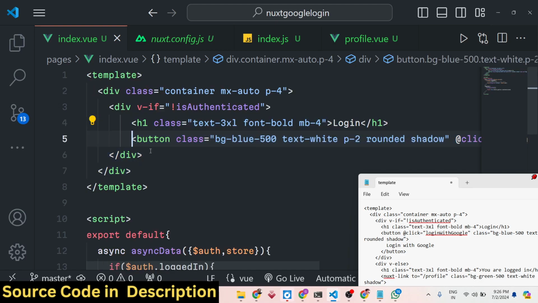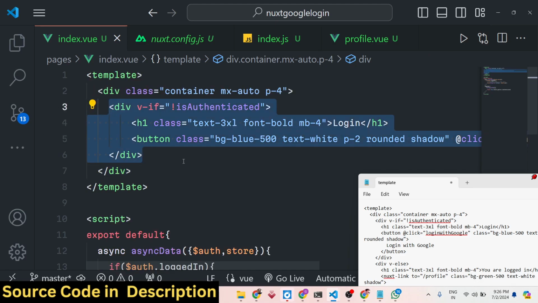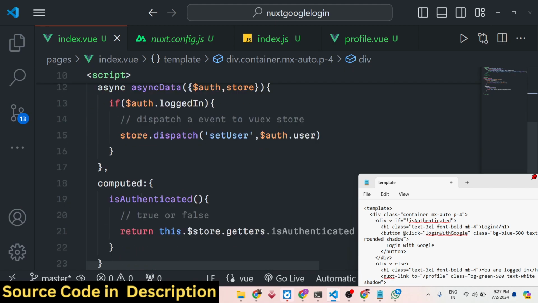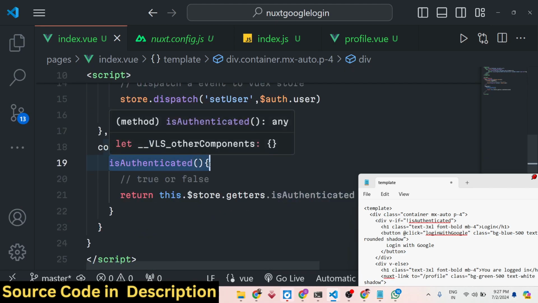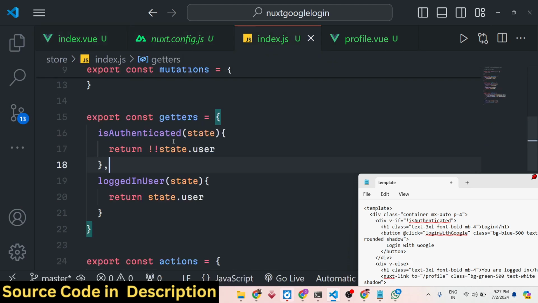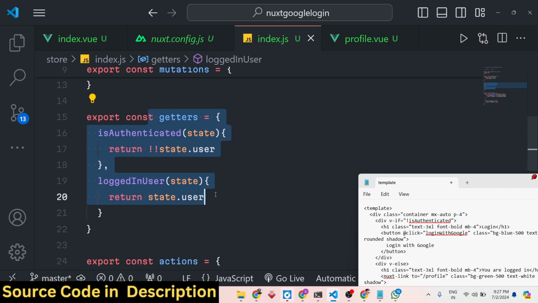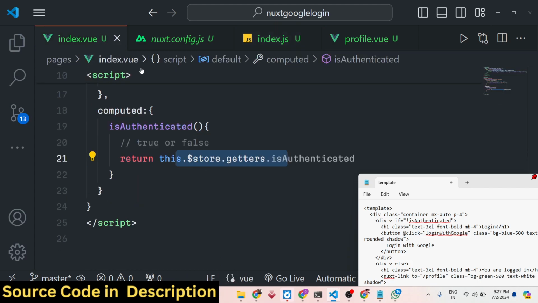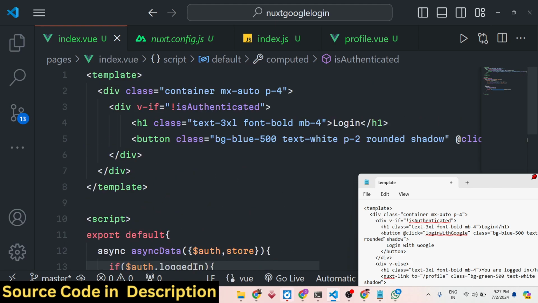So if the user is logged in, then you will see the profile details, then this condition will evaluate to false. So here it is calling this function right here in the computed property, and in turn this is calling the index.js file in the getter function. So all this code is interrelated to each other. So now right here we will be having